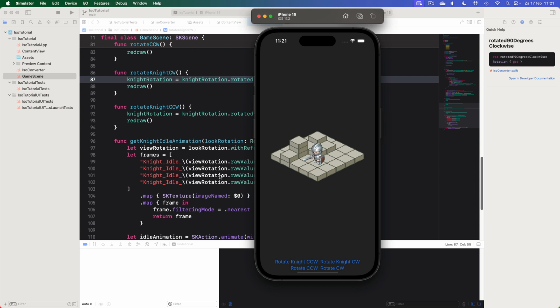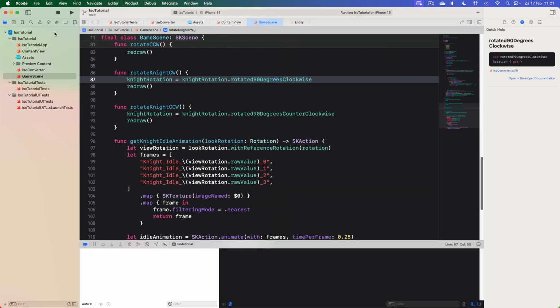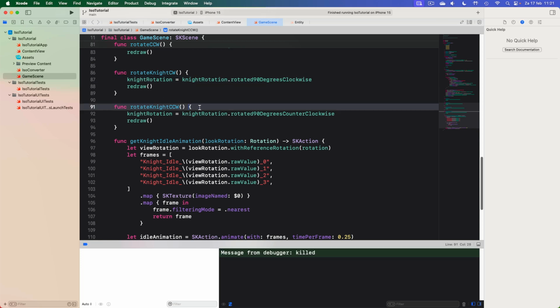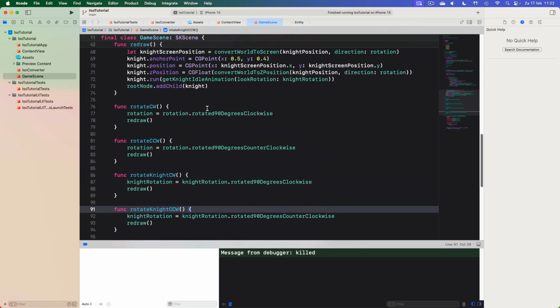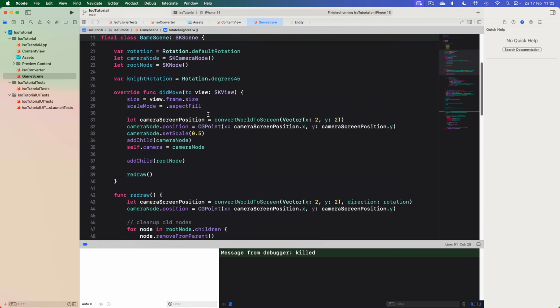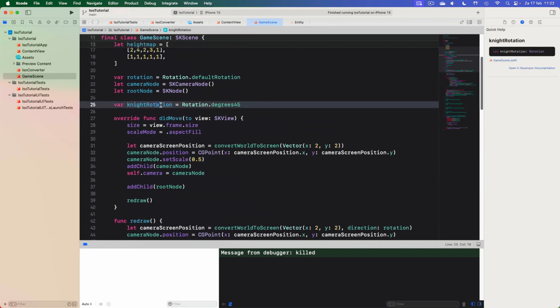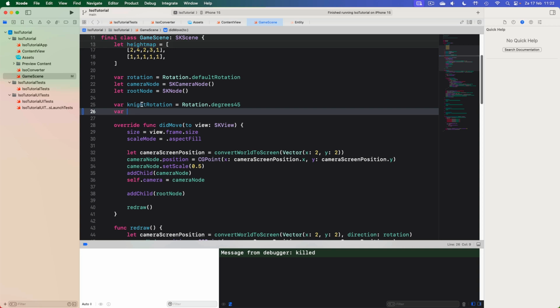So that's nice, but this is just one knight, and today I want to make sure that we can add multiple units on our map. So let's get started. As a first step, let's make it so that we can have two knights on the screen. Our knight currently has a fixed position, and we keep track of the rotation here in the game scene. We could, of course, add another one of these